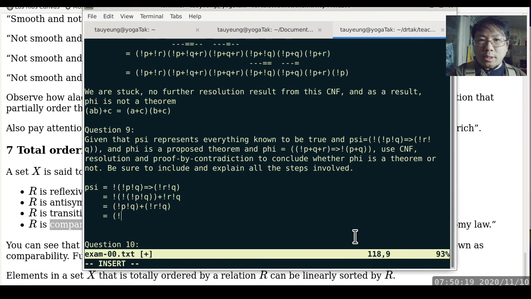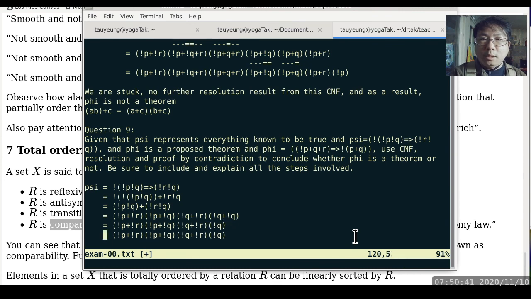So we can now say not P or not R, not P or not Q, and then we have not Q or not R, and then we have not Q or not Q. Then we can do a simplification with just not Q left here. And if you remember, we can apply even more simplification because in an overall disjunction, we can remove terms that are